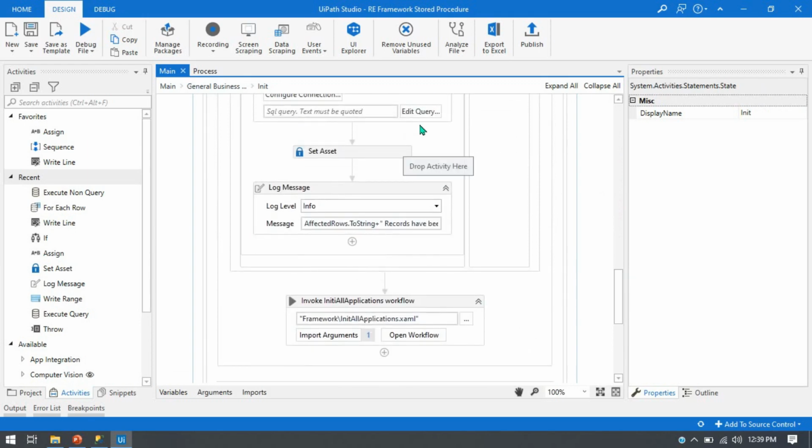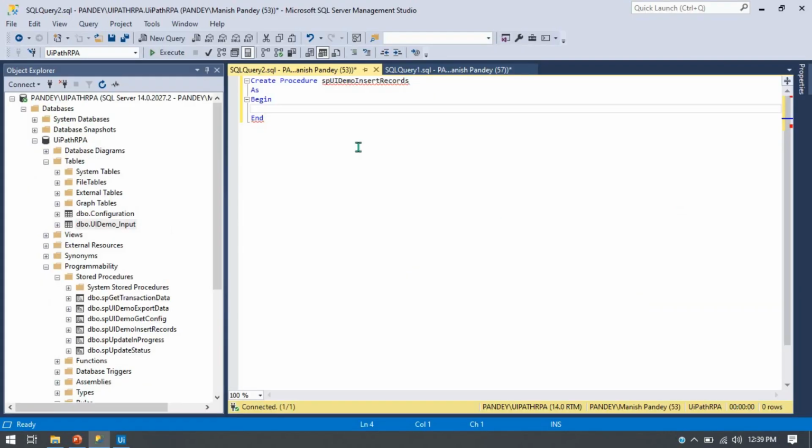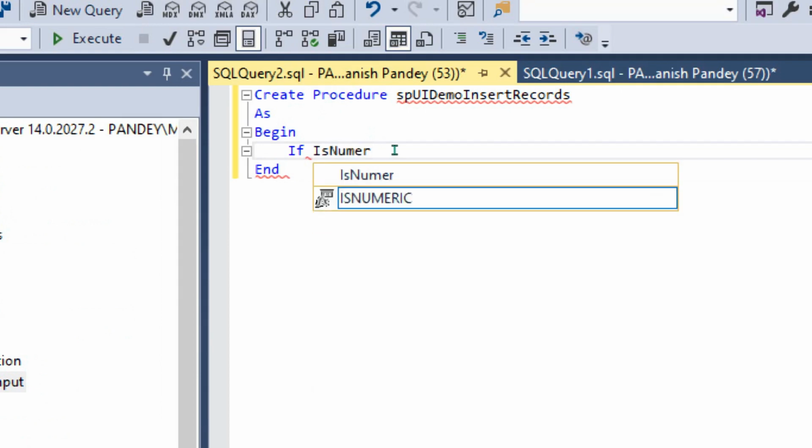Okay, so same here, we will check here if, because we need to check for the is numeric value. So we'll write here, let me zoom this area. Okay, and you can see here we need to write here if is numeric, and you can see here we